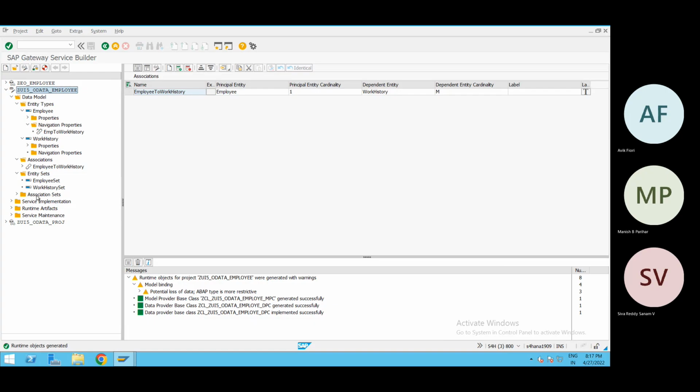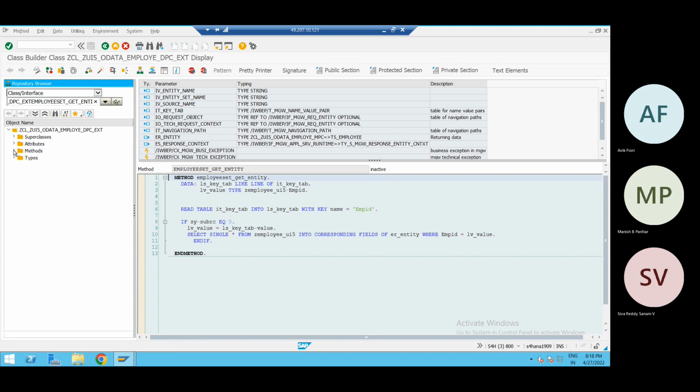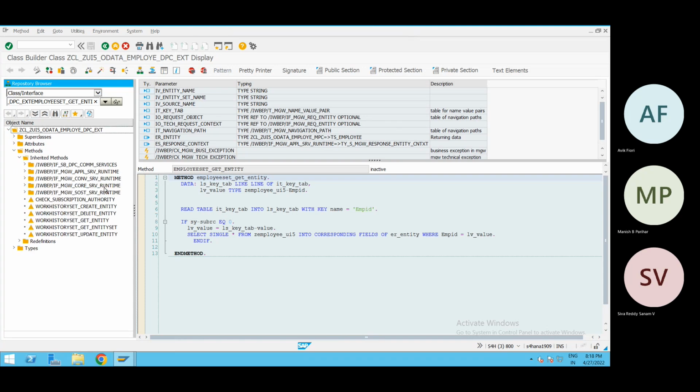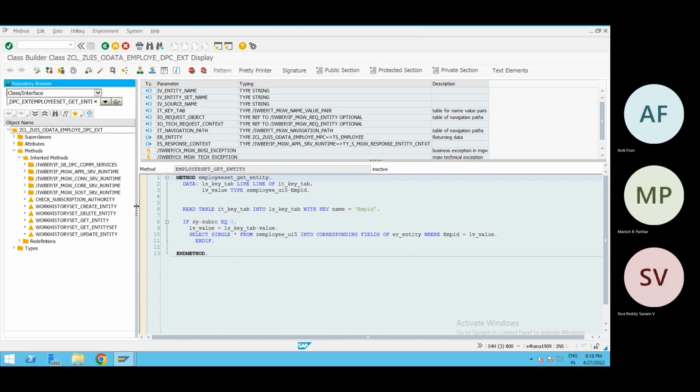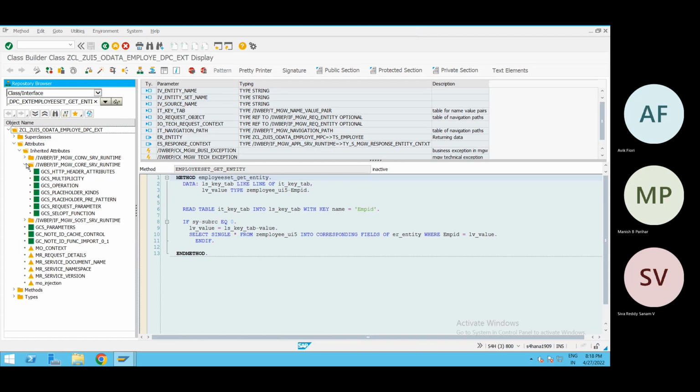Now I will go to the implementation section for a second. In this, I will go to the inherited methods. Yes, we have the methods for work history. We are not going to implement any methods for the work history set. We don't need to. As of now, we are just reading this information with the help of expand entity. That expand entity detail you will get inside the attributes. Inside the attributes, we will have the second folder, SRV runtime from the core, where you will have